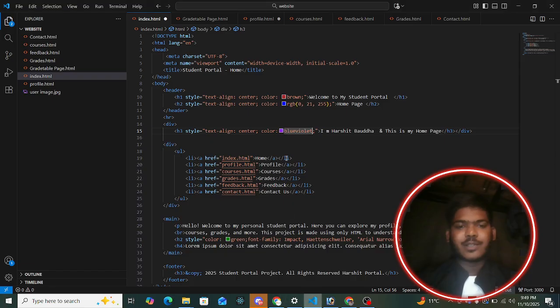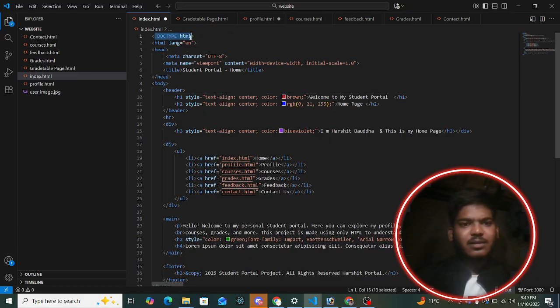First of all, I start by using the boilerplate. This is the doctype HTML. It normally means that it is for HTML5. It's basically used for HTML5, and second after this,